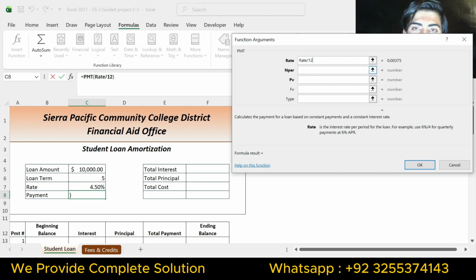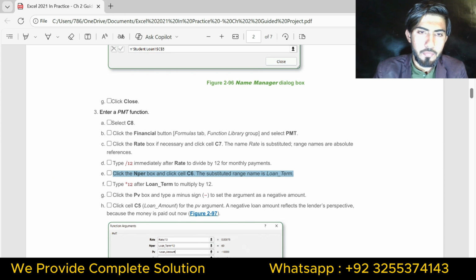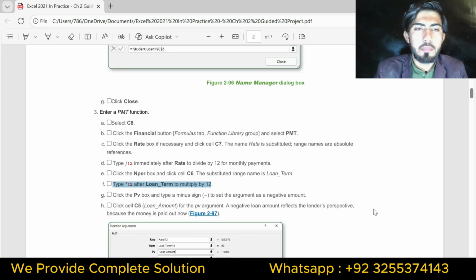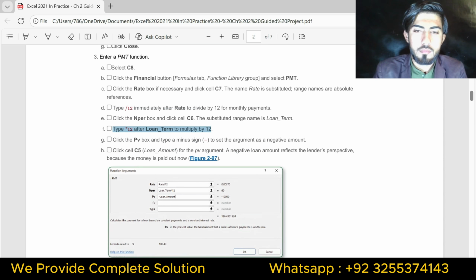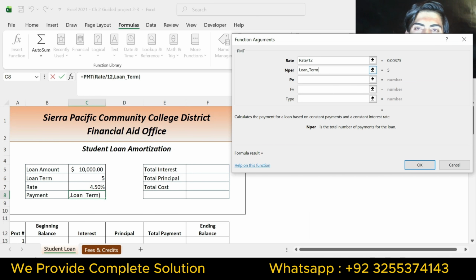So just click the Nper box and select cell C6. That is loan term, and the name is loan term. Part F is type *12 after loan term to multiply by 12. So I will multiply loan term by 12.